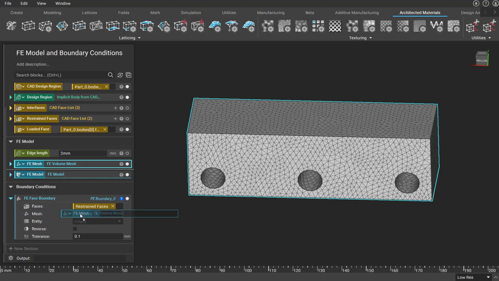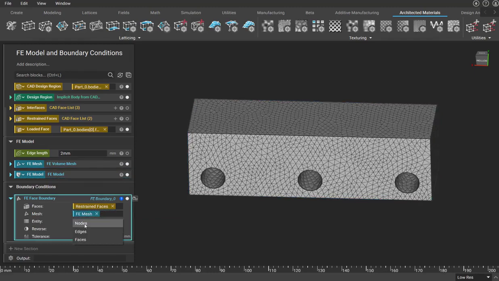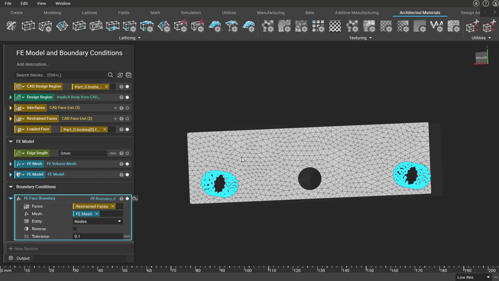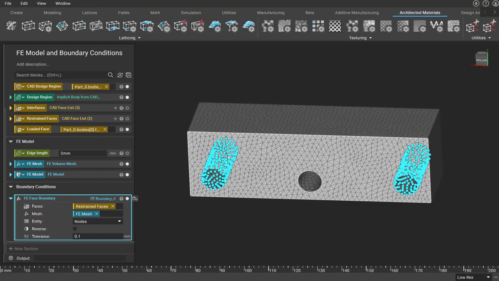This FE face boundary block will select all of the nodes at the intersection of the restrained faces CAD and the FE mesh. We choose nodes as our entity, and the selected nodes are those that we expected, all along the insides of these restrained holes. We can make this block into a variable, call this restrained nodes,